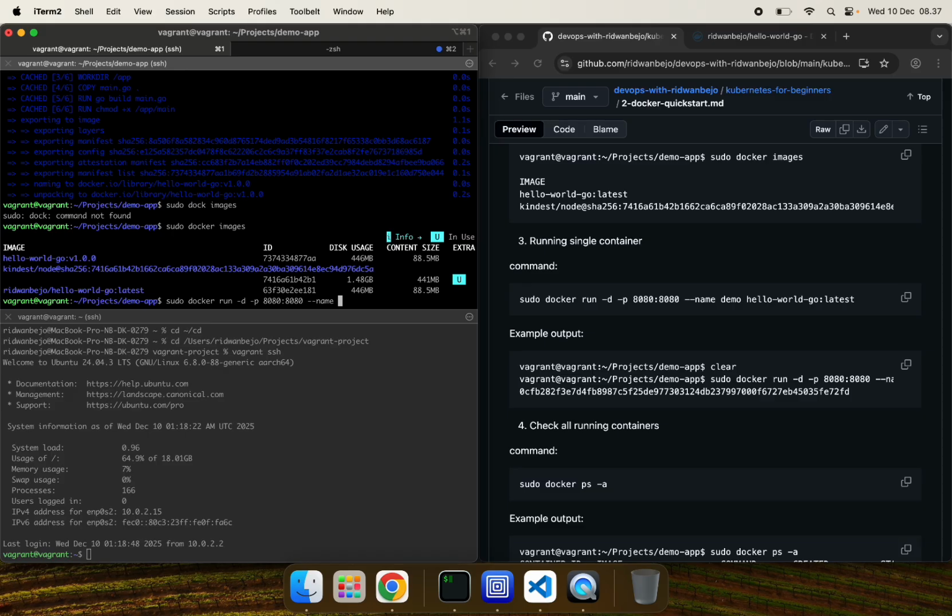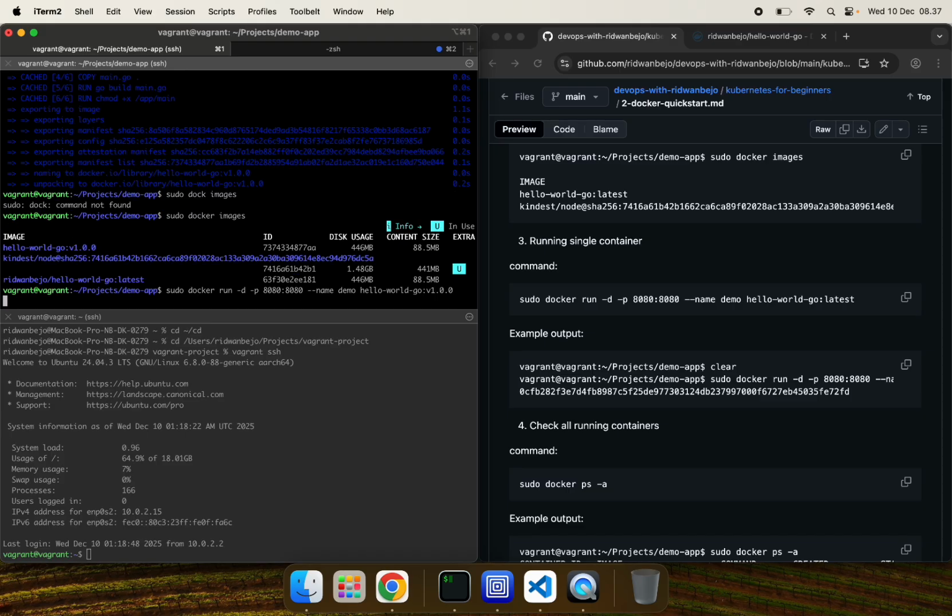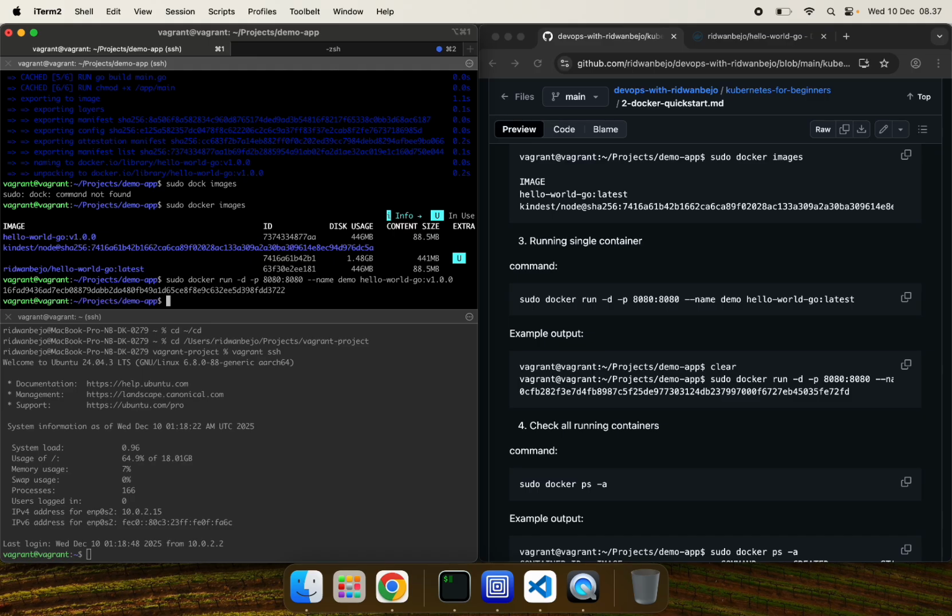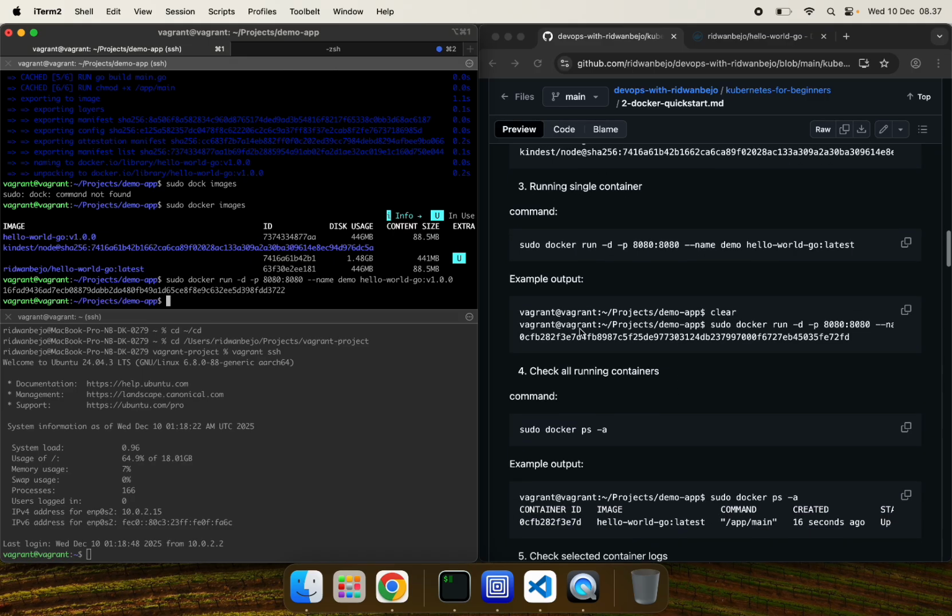The container name is demo, and we are using image hello-world-go:p1.0.0. Now we only see the hash ID here. We don't see anything.